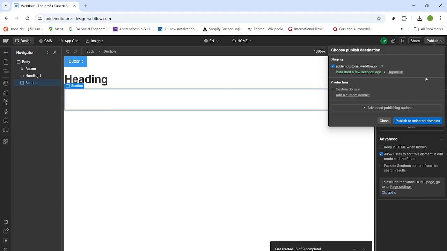If something doesn't look right after publishing, return to the designer, adjust in the appropriate panel, Style, Settings, or Interactions, and publish again. That's it. By opening your project from the dashboard, reviewing your work in Style, Settings, and Interactions, then using the Publish button and confirming Publish to selected domains, you'll reliably push your Webflow changes